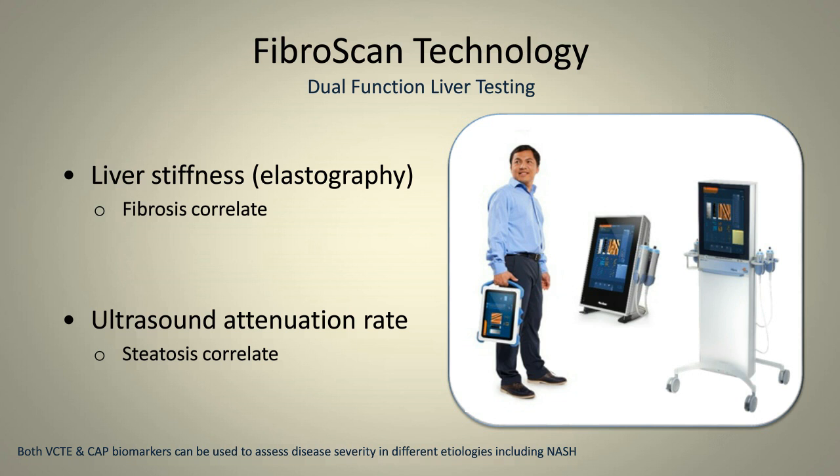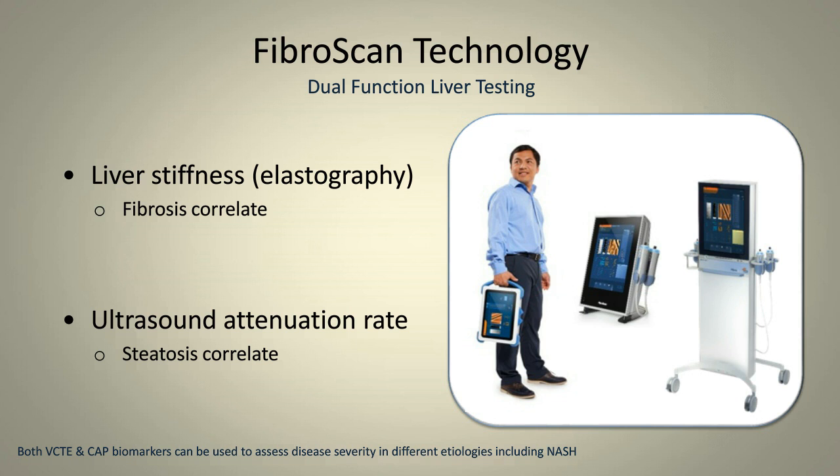Now, there are really three different flavors of this scanner that you can use. Kind of started with the 502 Touch, this stand-up unit, and then it kind of went to the one that looks like R2D2, and then there's the portable, what we call the 430 Mini, which, as you can see, is about the size of a laptop, and you can easily carry it around with you.